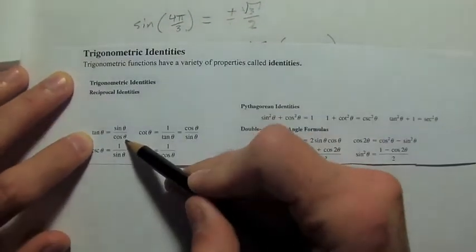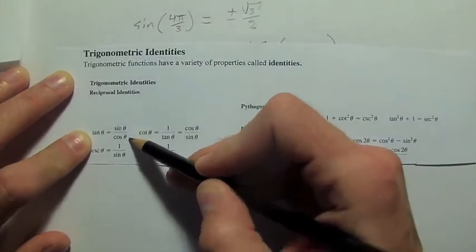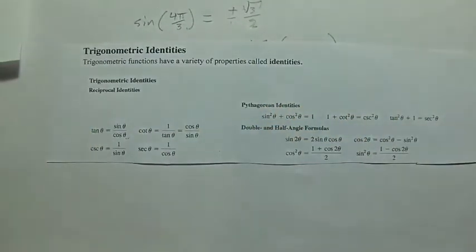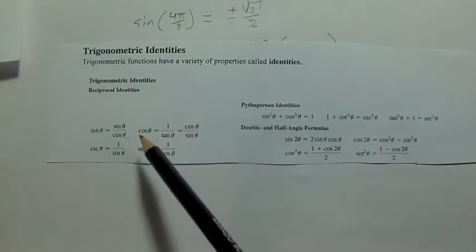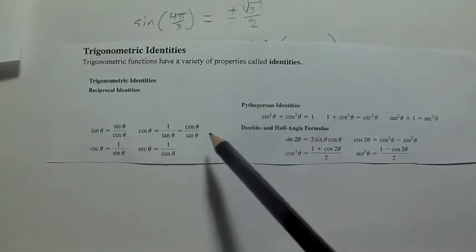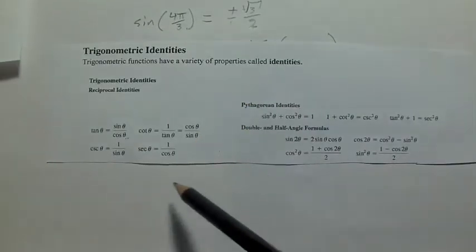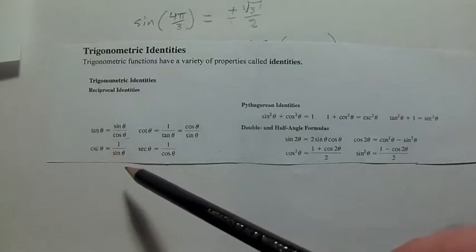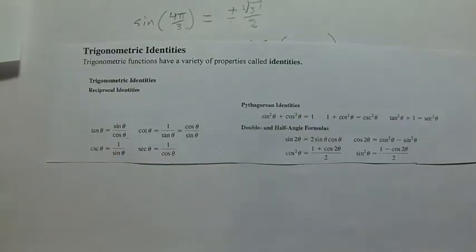tangent of theta is just sine theta over cosine theta by definition, right? It's y over x. And cotangent is 1 over tangent, or you invert and multiply, you get cosine over sine. Cosecant is 1 over sine, secant is 1 over cosine. So, I mean, if you ever want to